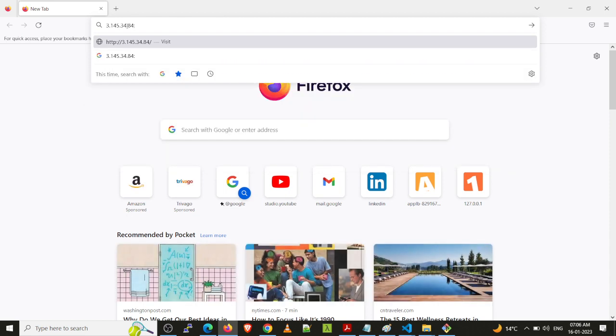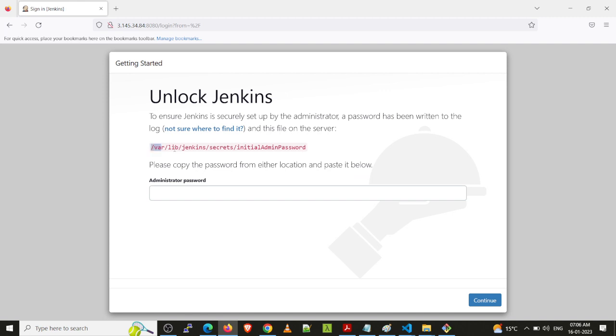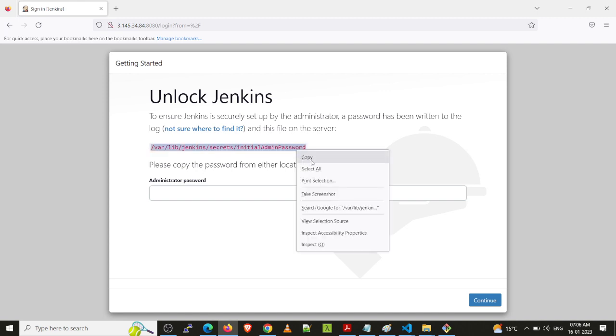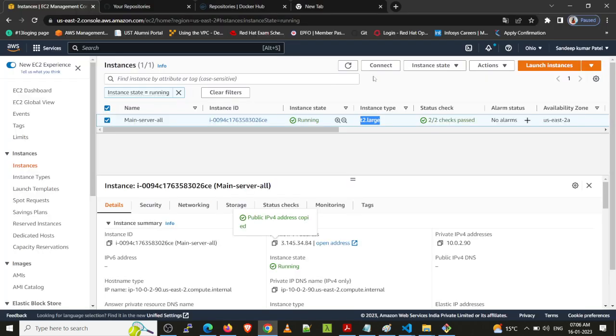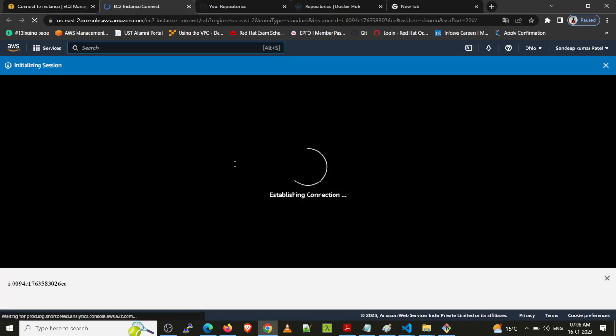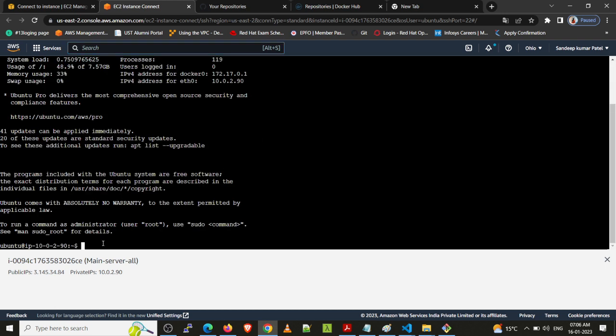This is the public IP I'm taking, and by default the Jenkins server runs on port 8080. So we have to unlock Jenkins. We have to copy the file path and make an SSH connection, so we open an SSH terminal to connect remotely.